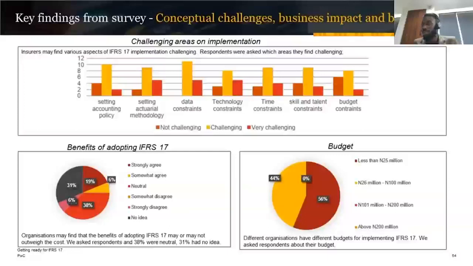And on the current budget that insurance companies have, about 44% of our respondents think it will cost between 25 million and 100 million to fully implement IFRS 17, while 56% of our respondents think their own budget for IFRS 17 will be less than 25 million. That's at a high level the responses that we got from the industry on the status of IFRS 17 implementation